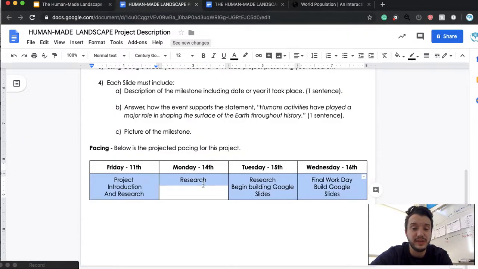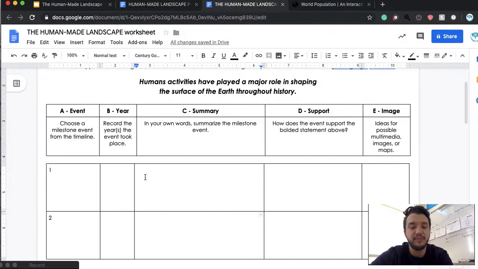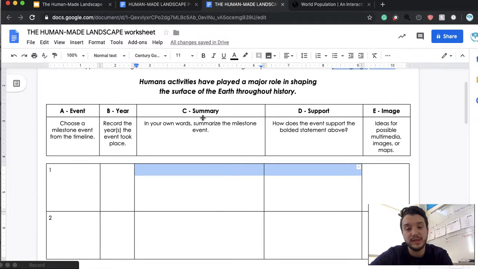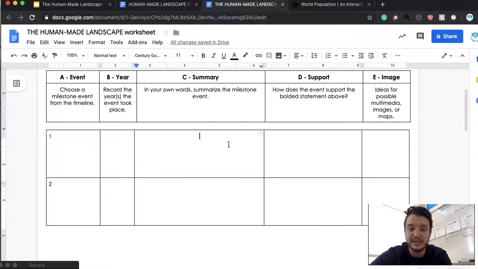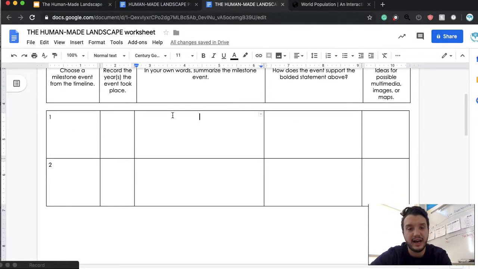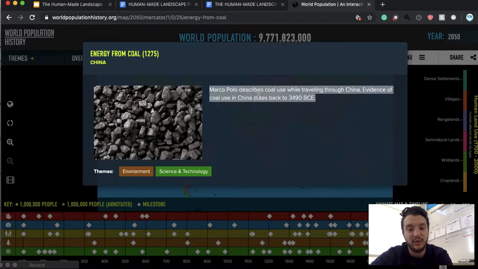Again, when we do this, we're going to be trying to stay on pace and make sure that you give yourself plenty of information in columns C and D, because those columns are going to be where you're going to be writing your sentences. Remember, one sentence comes out of the summary and one sentence comes out of supporting. So this should be your notes section. This shouldn't be you writing complete sentences, but just writing notes, okay? The highlights. What is the thing that you're looking at, okay? So for example, if I looked at energy from coal,